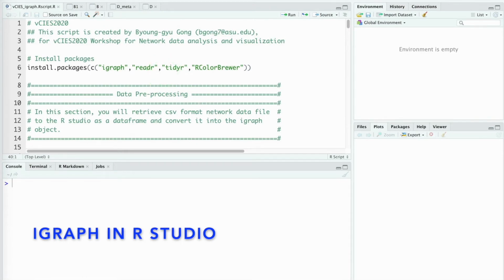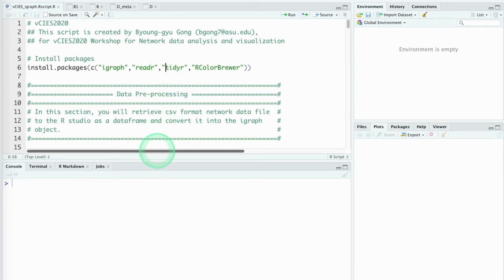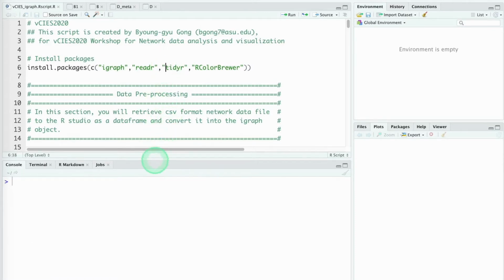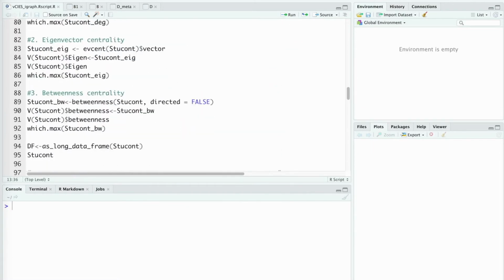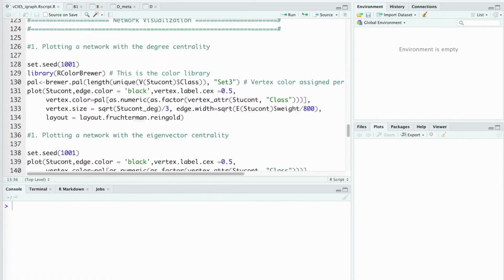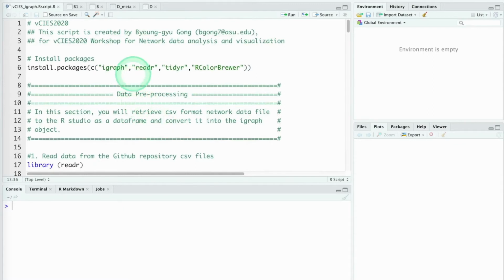Okay, then let me start our data analysis and visualization session using the iGraph package inside of RStudio. So this is the script I just prepared for this session. It looks quite complicated and very long, but you don't need to type in every single line here because I just prepared the R script file